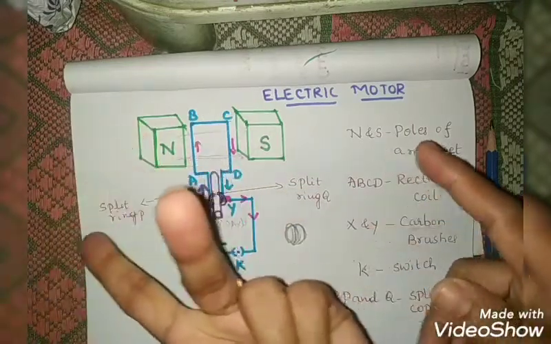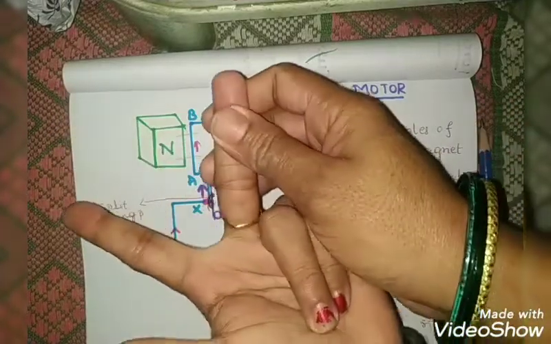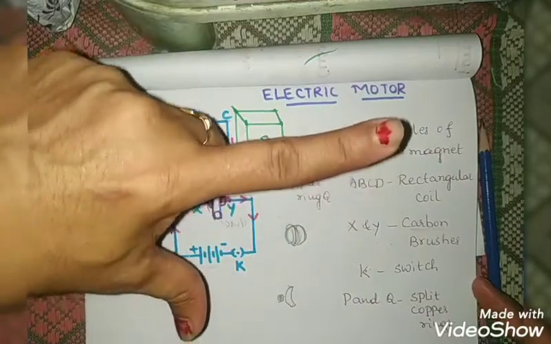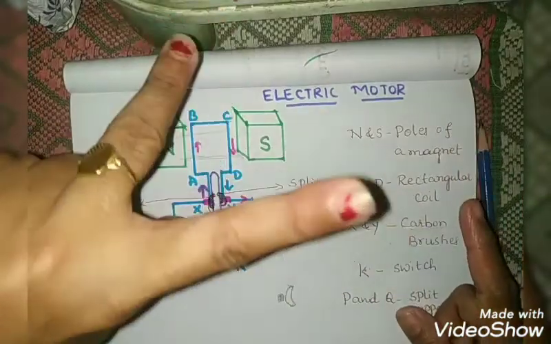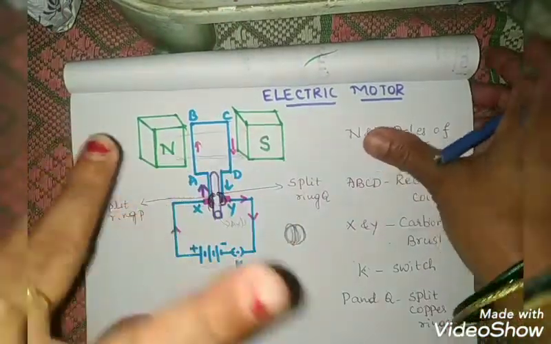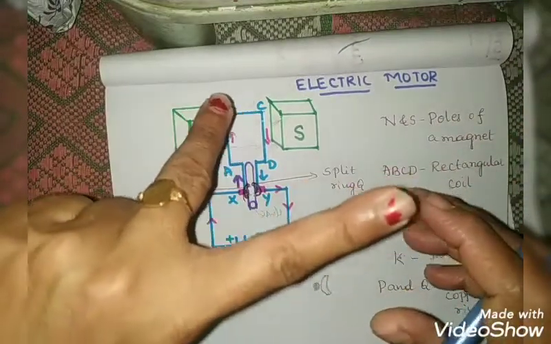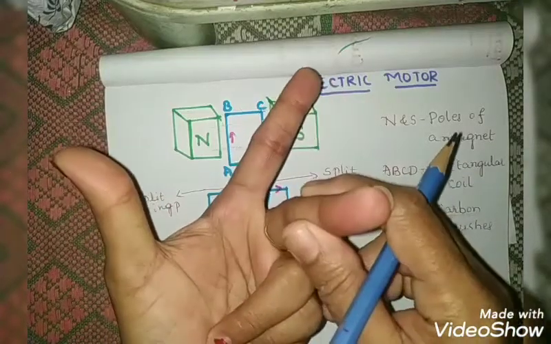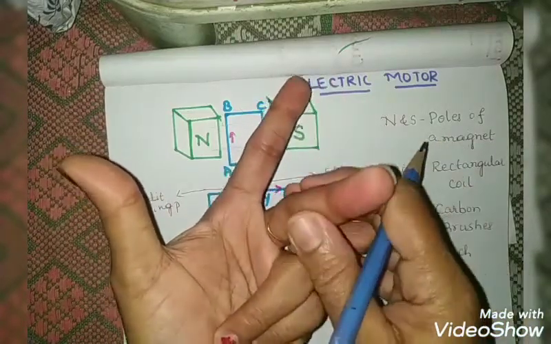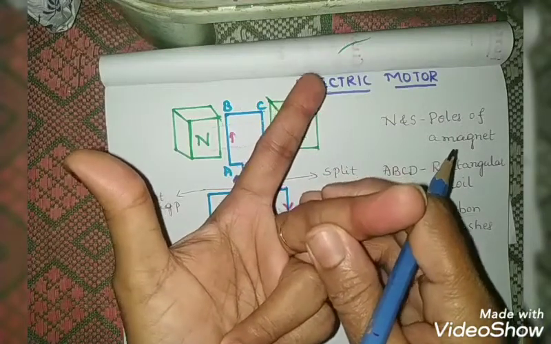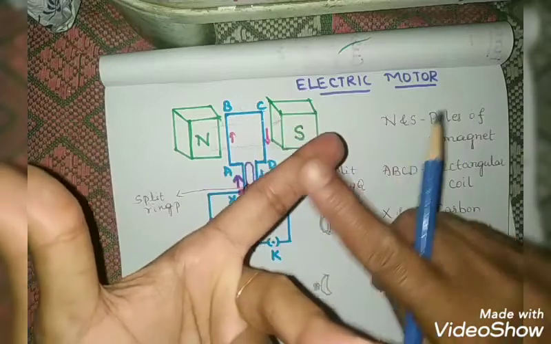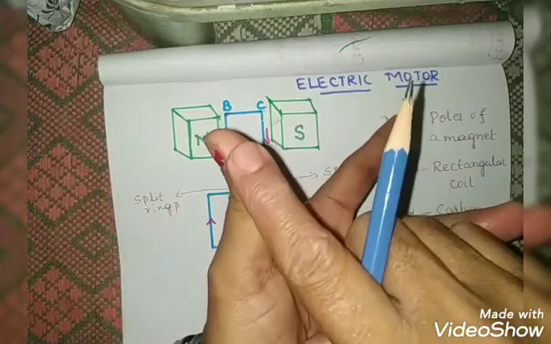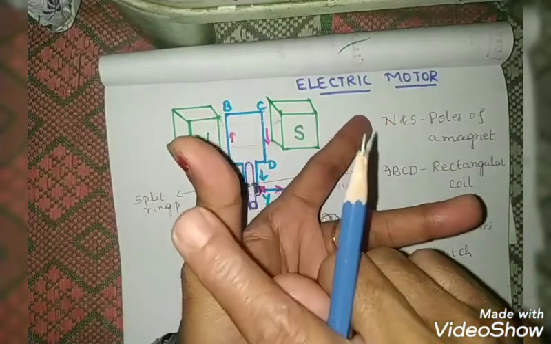How can we say this now? Now, let us see how the current is flowing through this. Okay. Now, how to apply Fleming's left-hand rule? I told you already, you can hold anywhere but with three fingers perpendicular to each other. The three fingers of our left hand, forefinger, middle finger and thumb, are stretched in such a way that they are perpendicular to each other. Then the forefinger indicates the magnetic field, the middle finger indicates the direction of the current, and the thumb indicates the direction of the mechanical force experienced by the conductor.